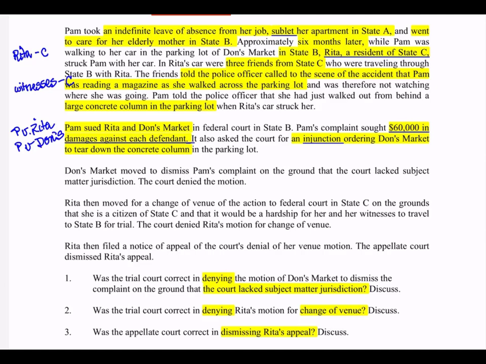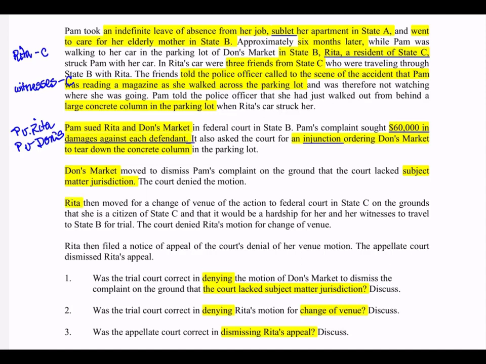Don's Market moved to dismiss Pam's complaint on the ground that the court lacked subject matter jurisdiction. The court denied the motion. Don's Market has a principal place of business in B. Pam is domiciled in A. Rita is domiciled in C. The court has complete diversity and the amount in controversy against Don's Market. They aggregate $60,000 with the value of the injunction, and they find complete diversity. So they were correct in denying the motion to dismiss for lack of subject matter jurisdiction. That's call one. Rita then moved for a change of venue of the action to federal court in State C